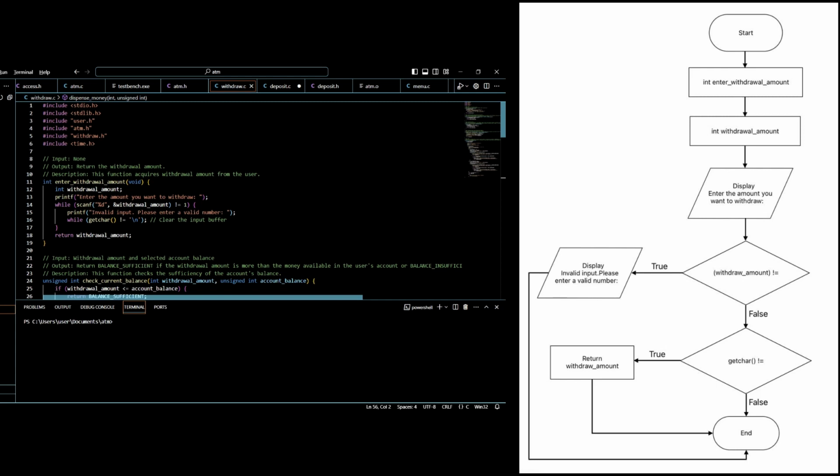Enter withdrawal amount function. The declaration is int enter withdrawal amount; this function returns an integer and takes no arguments. For the variable declaration, int withdrawal amount declares an integer variable to store the withdrawal amount entered by the user. For the user prompt, printf "Enter the amount you want to withdraw" prints a message to prompt the user to